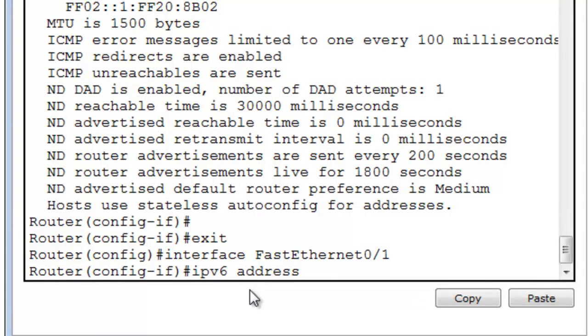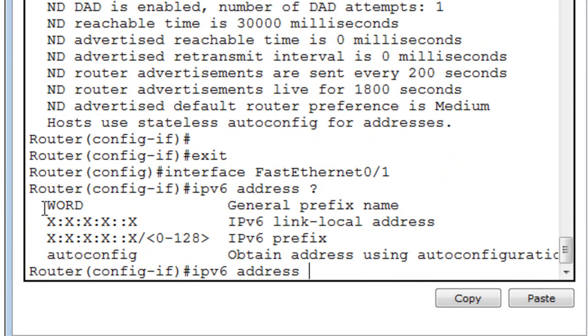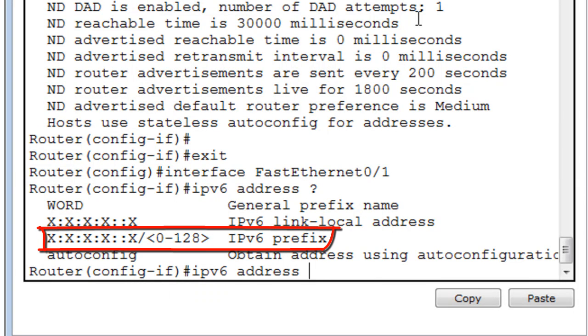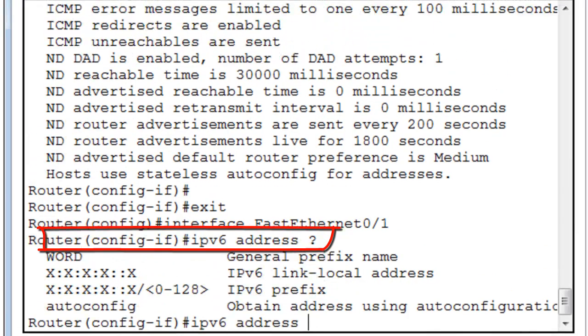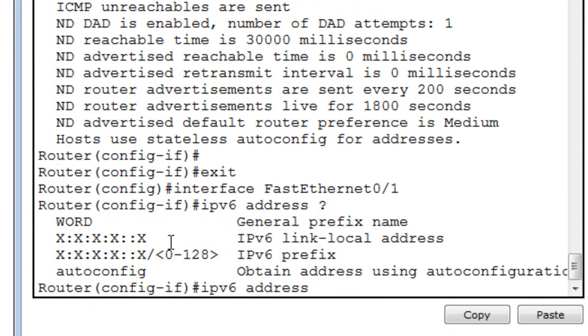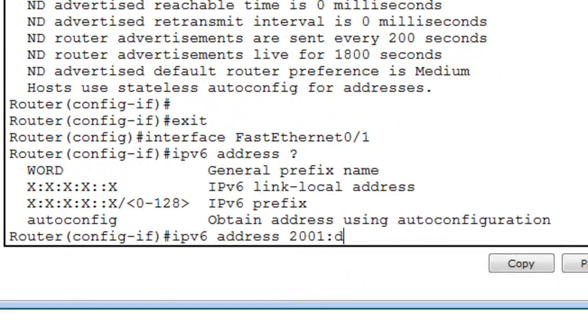address. Let's use the question mark, and it's going to ask you for the prefix. If you want, you can give the prefix and use EUI-64. If you want, you can do it manually. In this case, I'm doing it manually, but you can just give the prefix to the router, and the router will use EUI-64 in order to generate its own interface ID. So I'm going to do 2001:db8::1